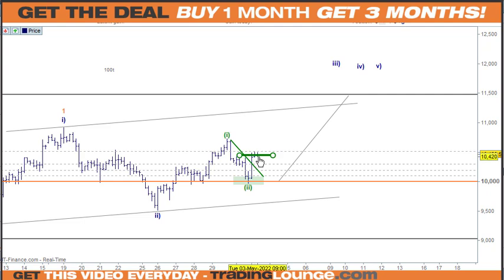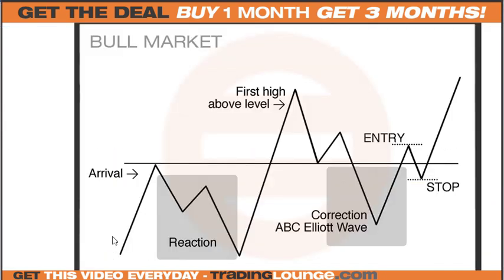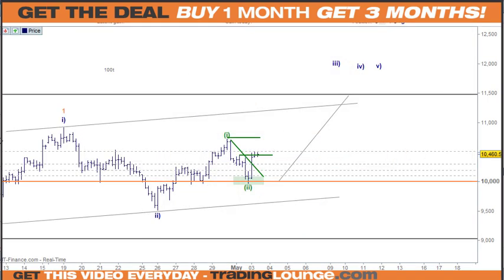So if you wanted to add to this position, depending on how you load it up, then you could do it on the 500 as a classic trading levels pattern to the long side. So you'll need to see this, the arrival, that's where we are now. So it would be this, and then long over here. That would be the right way to manage your initial risk and exposure at this point.